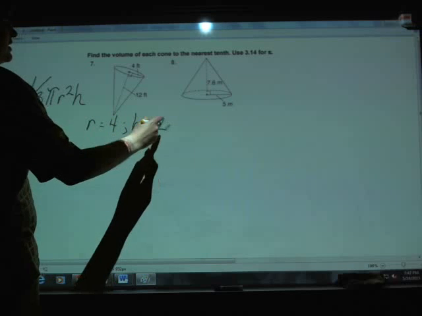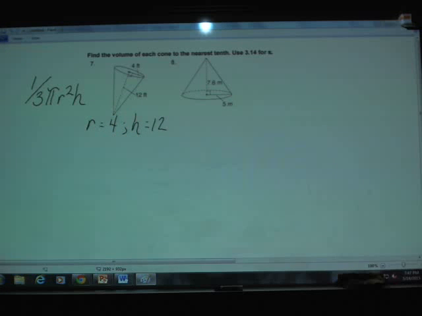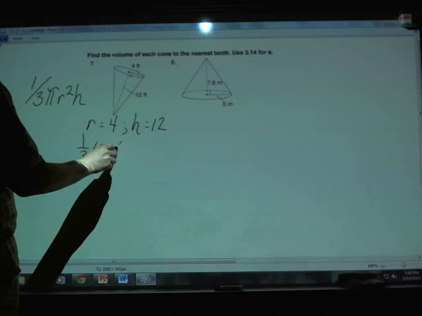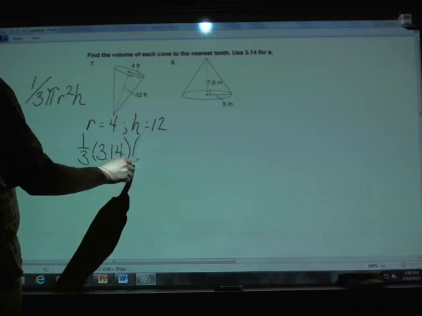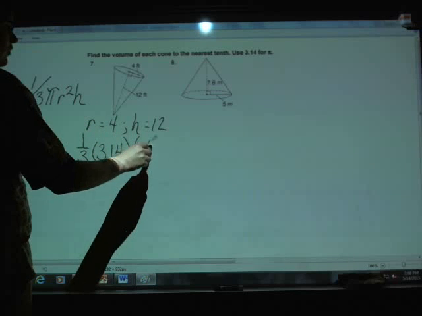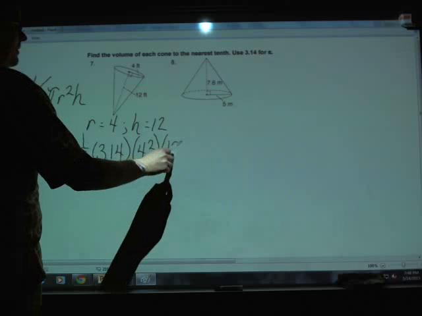The only other part that's in the formula here that isn't already a number, directly anyway, is pi. But as you know in our calculations here, what we've always done is we've always changed pi into 3.14, so indeed I'm prepared to change pi into 3.14. So let's solve. Formula says I'm going to take a third, multiply that by pi, which is 3.14, multiply that by the radius squared. Well, we've already identified that the radius is 4, and then multiply that by the height,